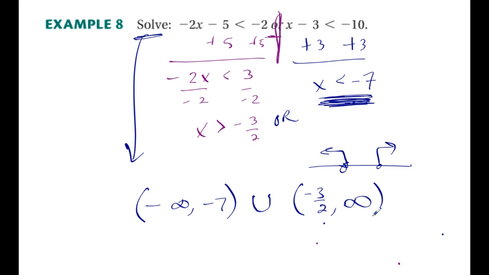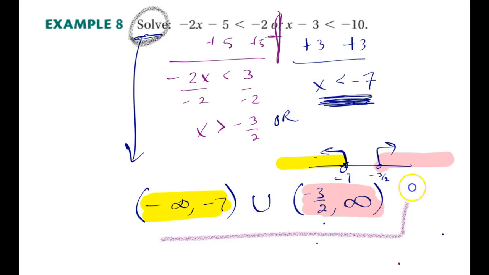So again, on a number line, it's sometimes a little bit easier to look at. This would be my negative 7, and this would be my negative 3/2. So to describe everything over here in yellow, I say from negative infinity to negative 7, and then to describe everything over here in pink, that would be this solution. So this, again, this problem didn't ask me to graph it. It said solve. So the solution of this thing